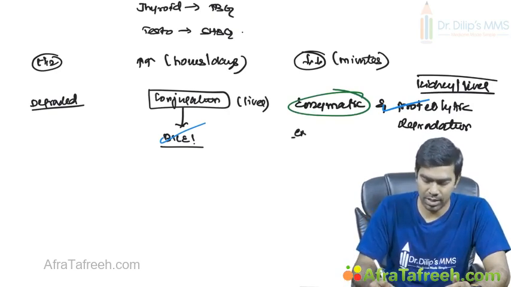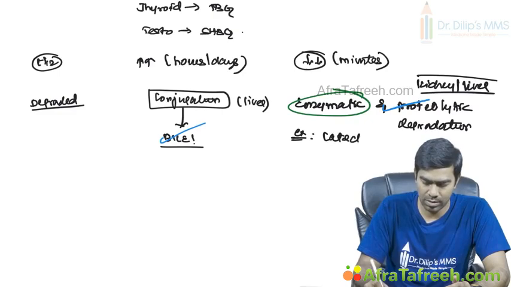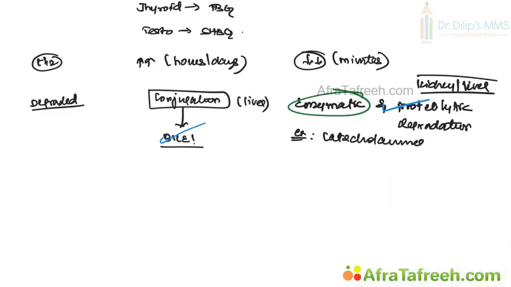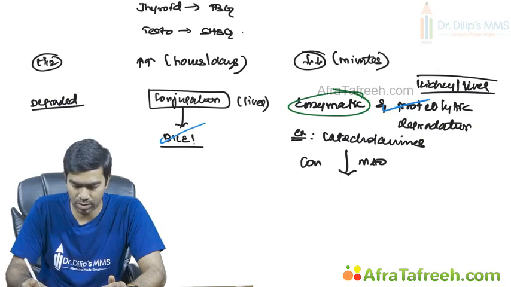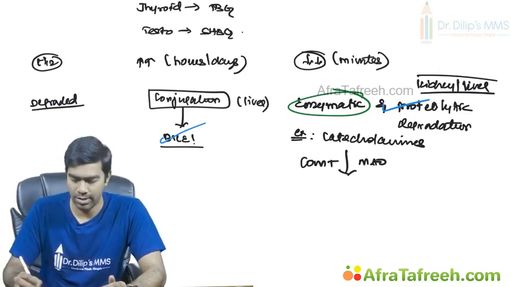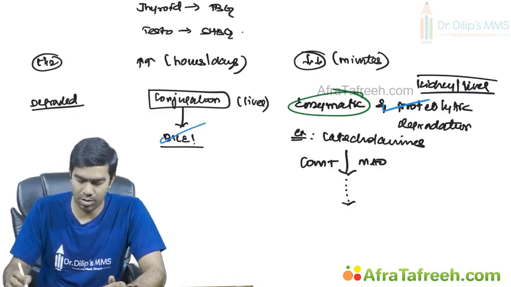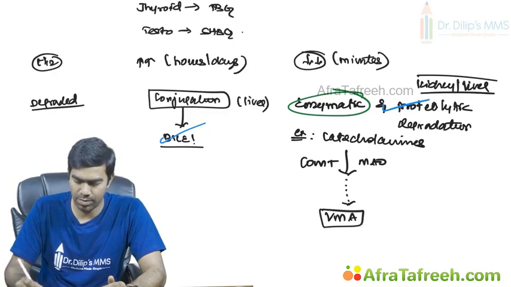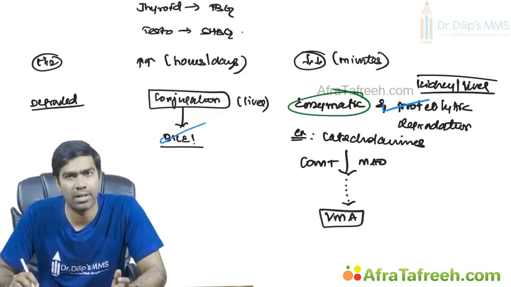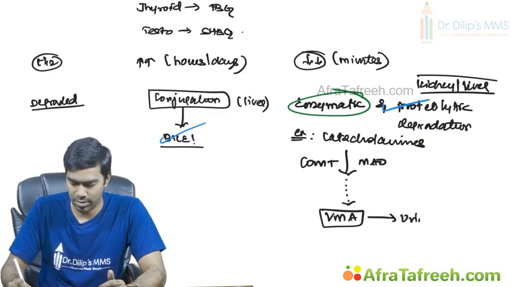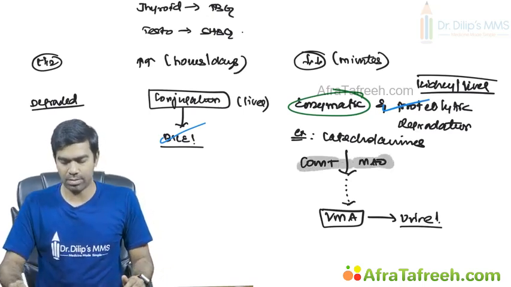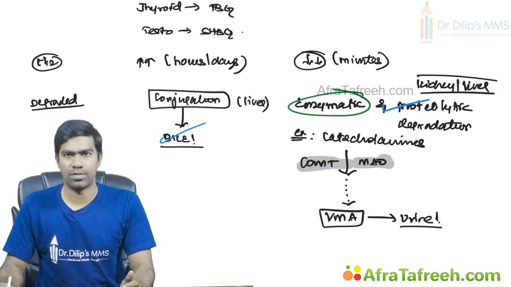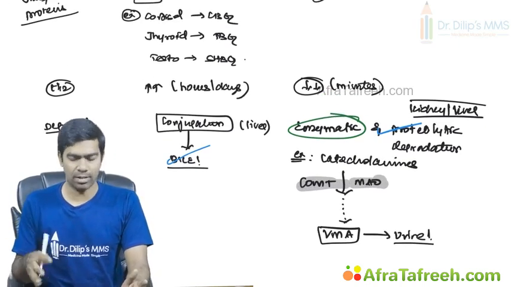The best example for this enzymatic degradation is catecholamines, like adrenaline, noradrenaline, dopamine and all these things, where they are acted upon by two enzymes called monoamine oxidase and catechol-O-methyltransferase, COMT, where they will form a lot of intermediates and finally they form a compound called VMA. Everyone will be familiar with this compound. It's called vanillylmandelic acid, which will be excreted in the urine. This is the best example of enzymatic degradation, which means it's based on two enzymes, MAO and catechol-O-methyltransferase, COMT. So this is how they are degraded in the first place.